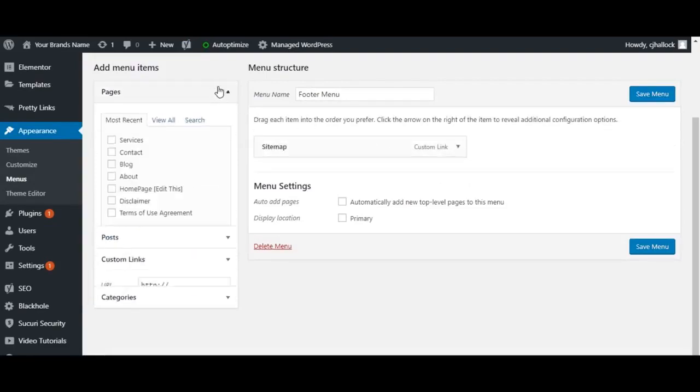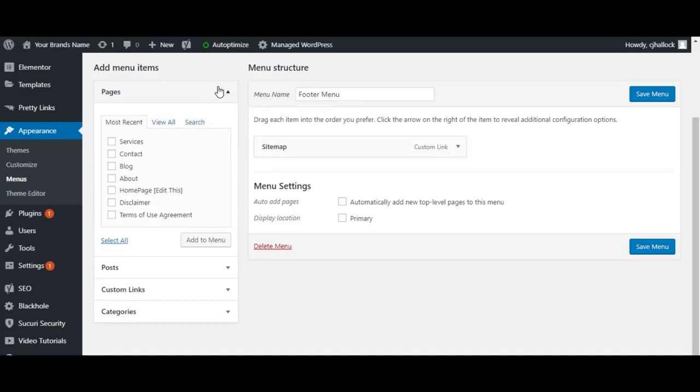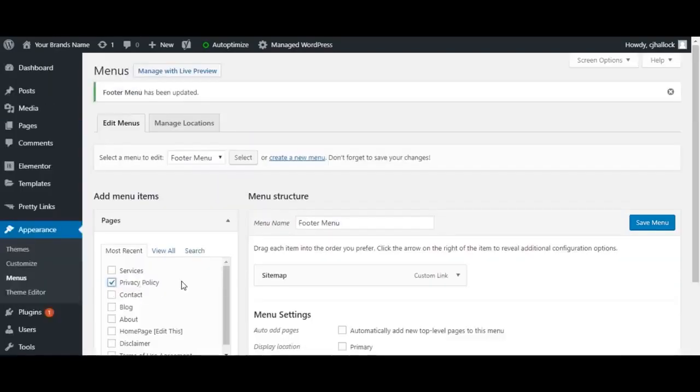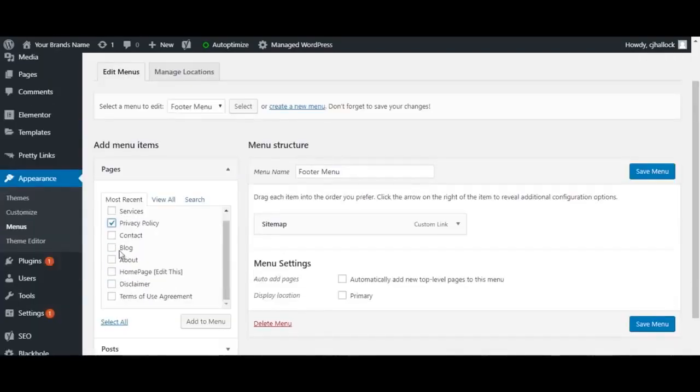Then from here, the only thing that I highly recommend above anything that you make sure that you have is your privacy policies. So now we have privacy policy. I'm going to put the contact page. I always like having contact. Terms of use agreement, if you're going to have that. And then, of course, a disclaimer. If you have a disclaimer, once again,